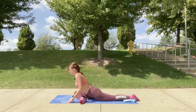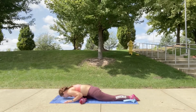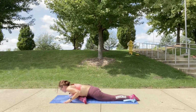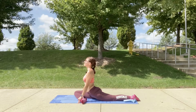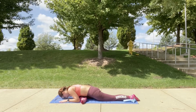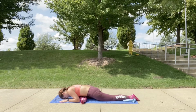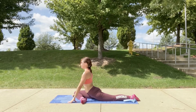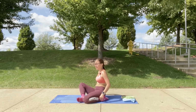And inhale. And exhale. And inhale to come back up. And then let's exhale one more time to feel that nice stretch in our hip. And come up as you inhale. Okay, beautiful. So we're going to bring our back leg back to us again, and we're going to sit in